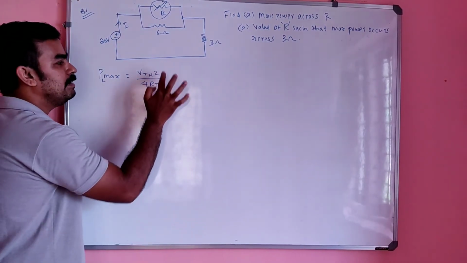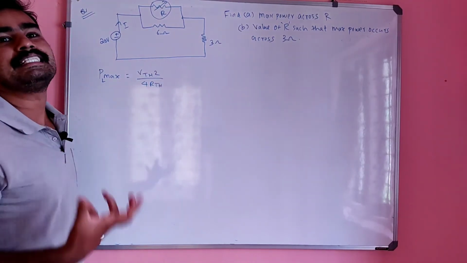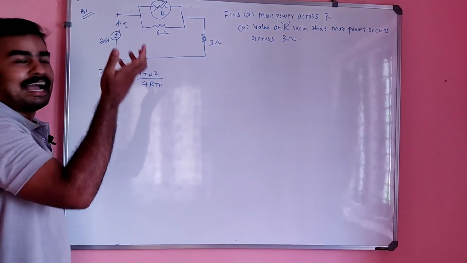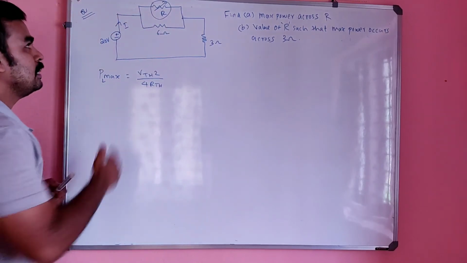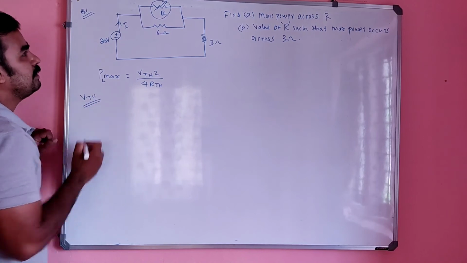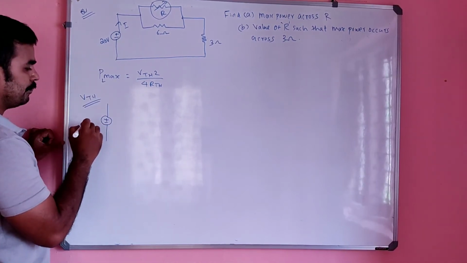So now we have to find V Thevenin and R Thevenin. For finding V Thevenin, what is the step? Remove that resistance and find the open circuit voltage across that resistance. That means my circuit will become, for V Thevenin,